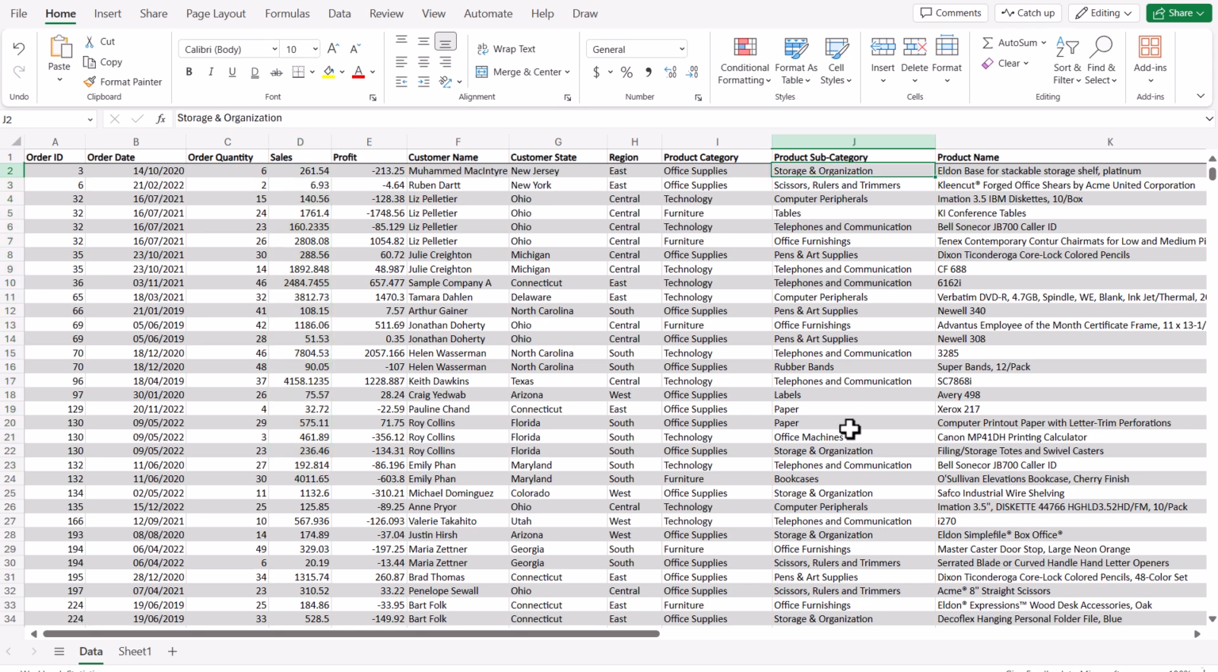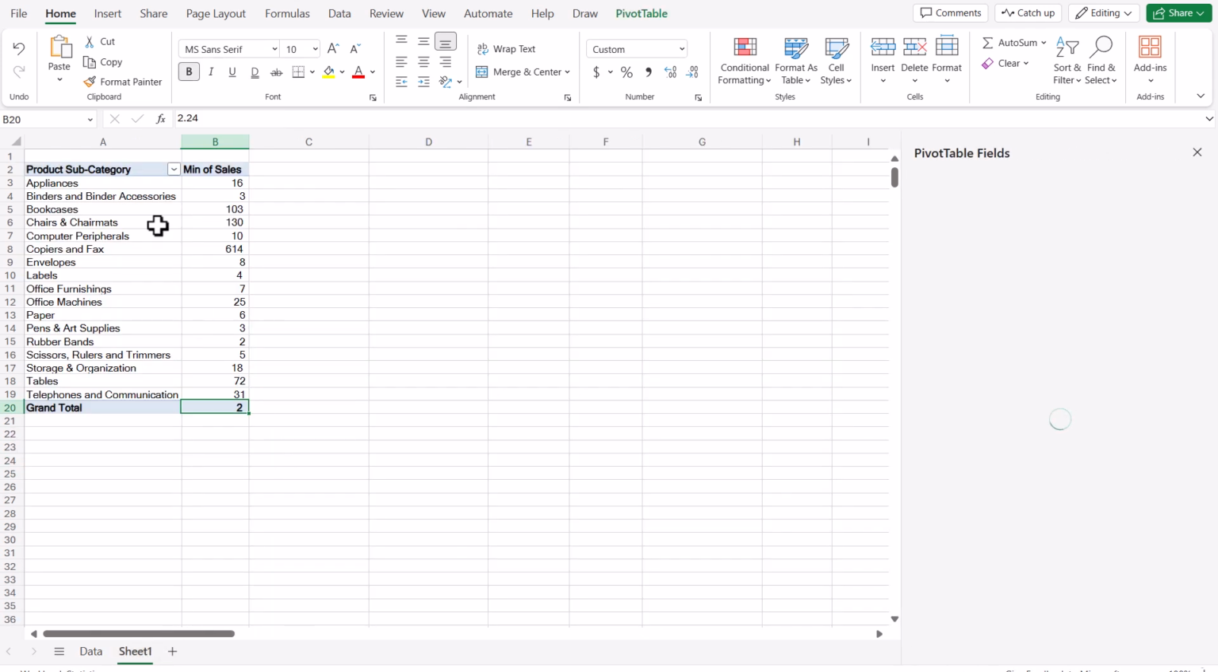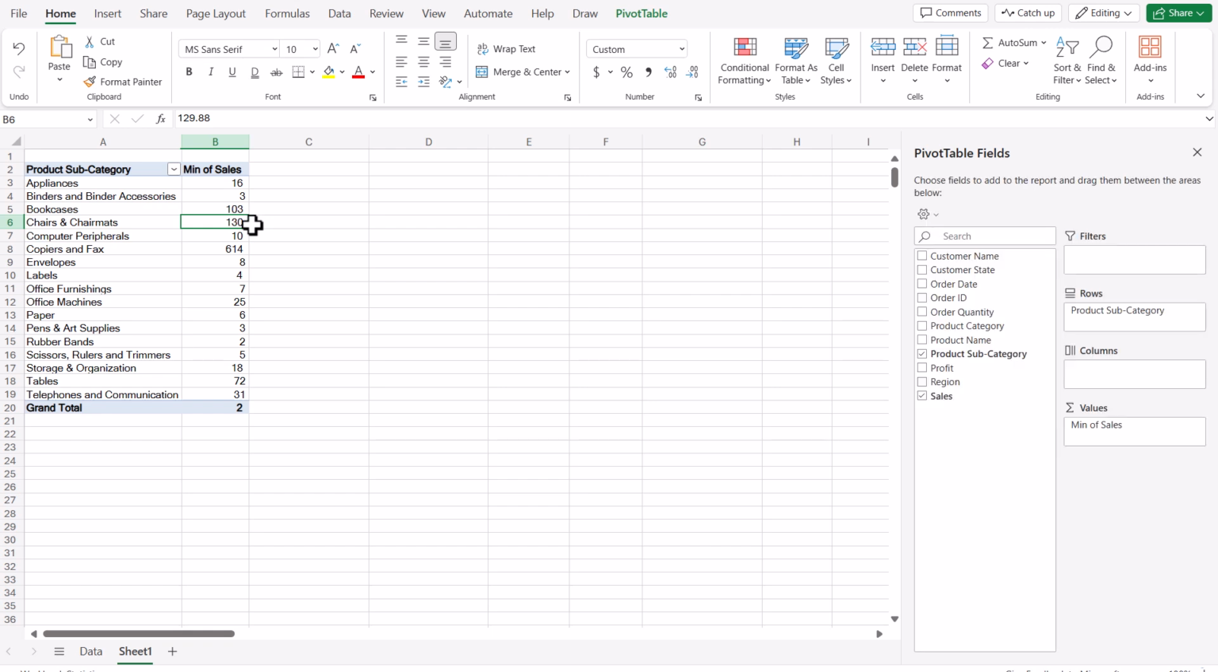If we took this first one, storage and organization, what it would do is it would go through for storage and organization and count the number of times that this is there. So go along and it would then find the next one that is in here, and it would go, okay, that's the second one. And it would go down and go, that's the third one. So basically it's just doing a count. So when you're doing a count, it doesn't really matter which field you're using the count for, you will always